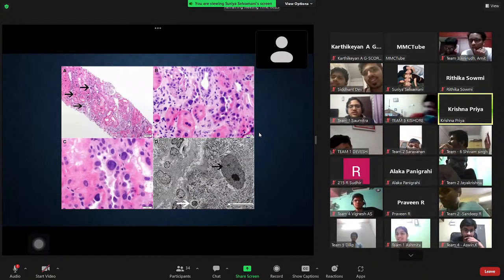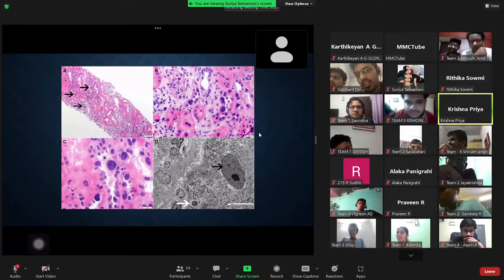Please go to the previous slide. The biopsy showed features of karyomegaly like hyperchromatic nucleus and